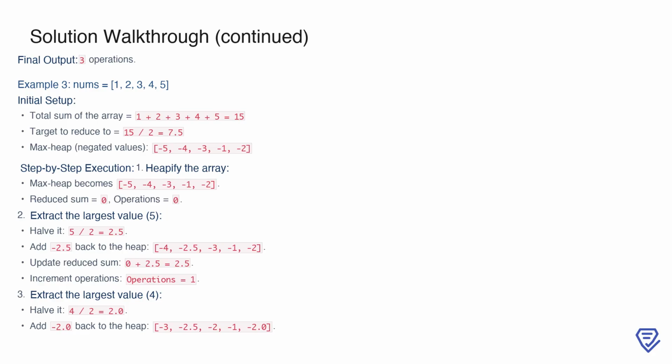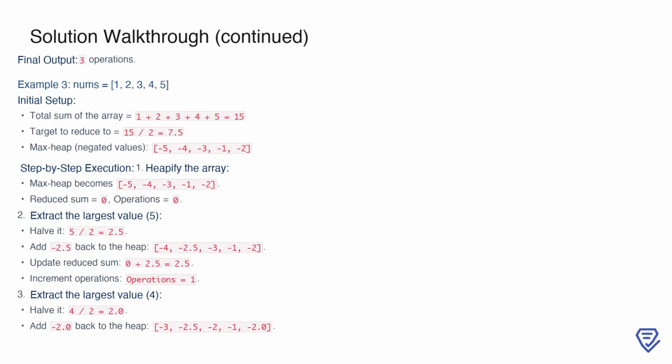Heapifying this array organizes it into a valid max heap structure, which remains as -5, -4, -3, -1, -2. The reduced sum is initialized to 0, and the operations count starts at 0. Extracting the largest value, which is 5, we halve it to get 2.5 and add -2.5 back to the heap. The heap becomes -4, -2.5, -3, -1, -2, and the reduced sum is updated to 2.5, with the operation count